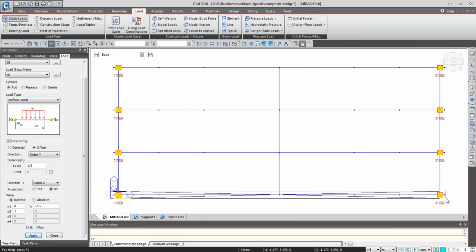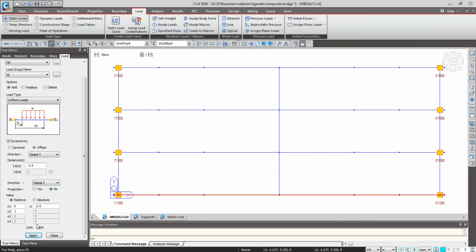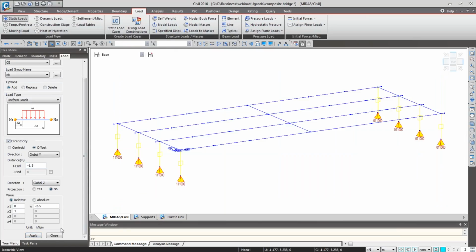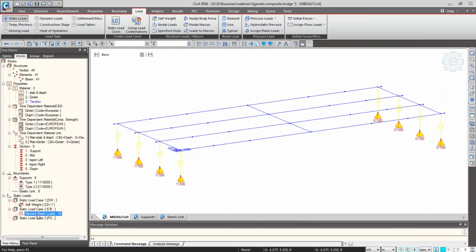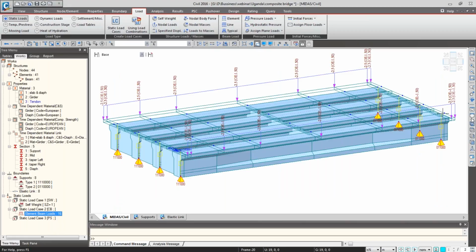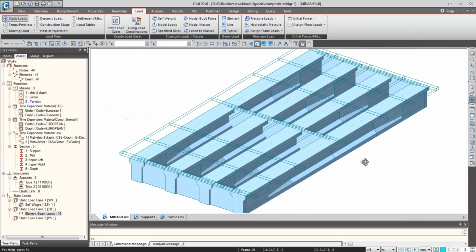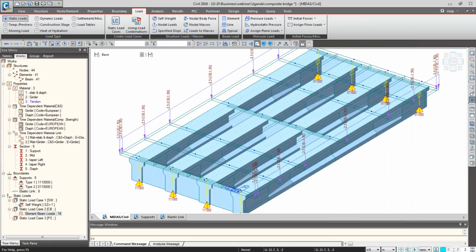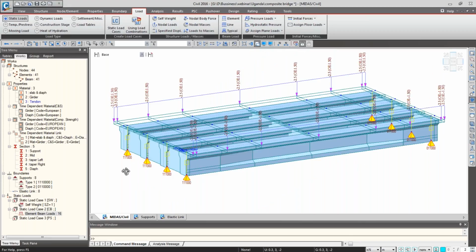And similarly on this side, the eccentricity is negative, that is -1.5, with the same value of UDL. Now you can see the load which is applied at the edge of the girder. Fine. Now the next load case is